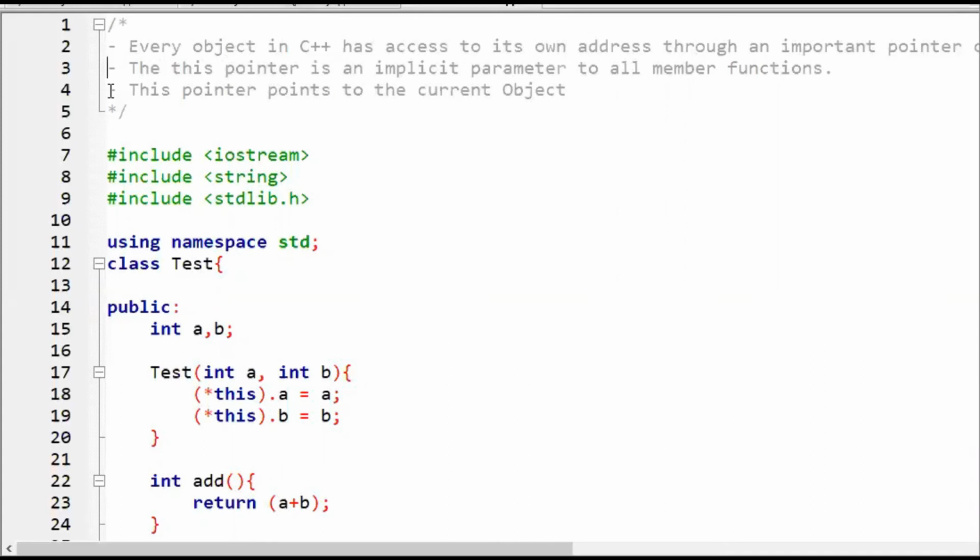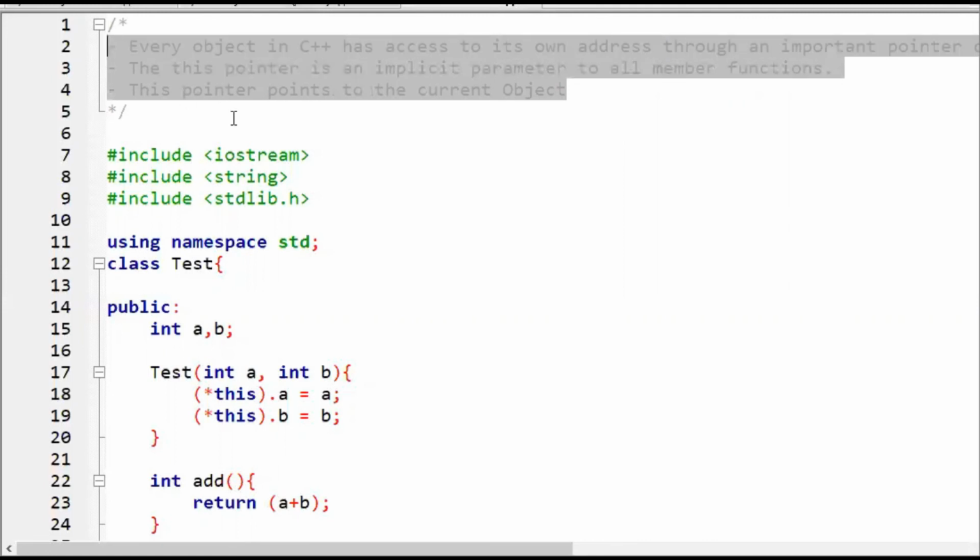This is very well explained in the second point. The this pointer is an implicit parameter to all member functions. Okay, the this pointer points to the current object. That is very important, but I think we have not understood so far what it means, what is the point of accessing our own element. So to understand that,